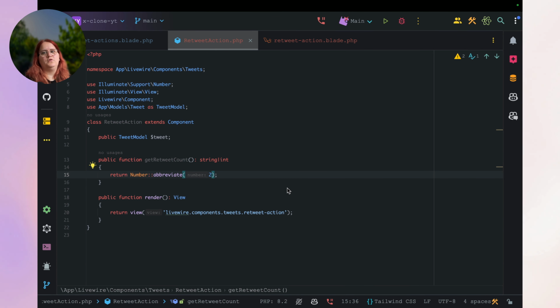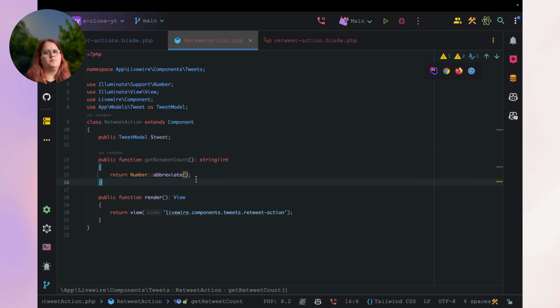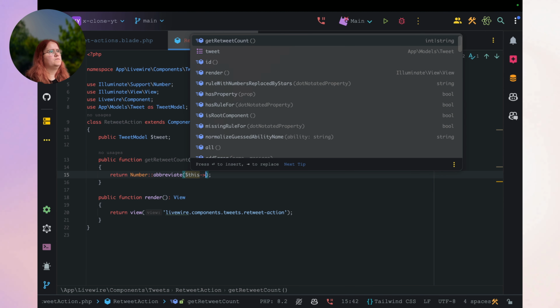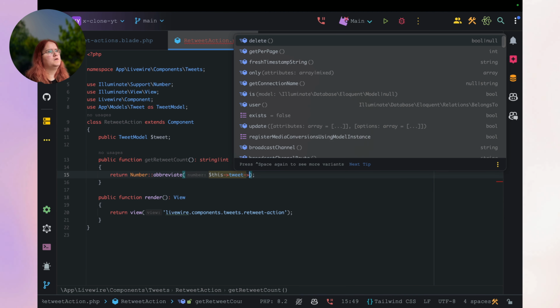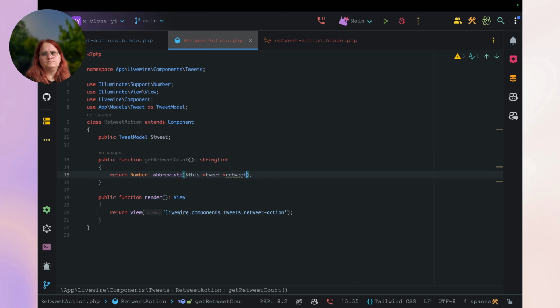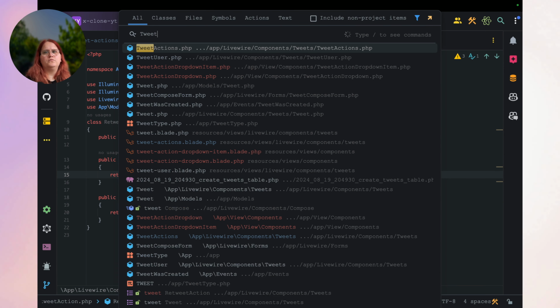So what we want to do in this case is get the amount of retweets we've had. To do that, what we can go ahead and say in here is return Number::abbreviate. In here we just want to return this tweet's retweets count. So inside our tweet model